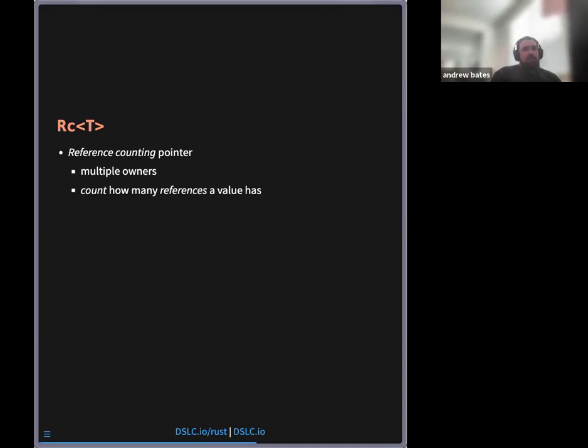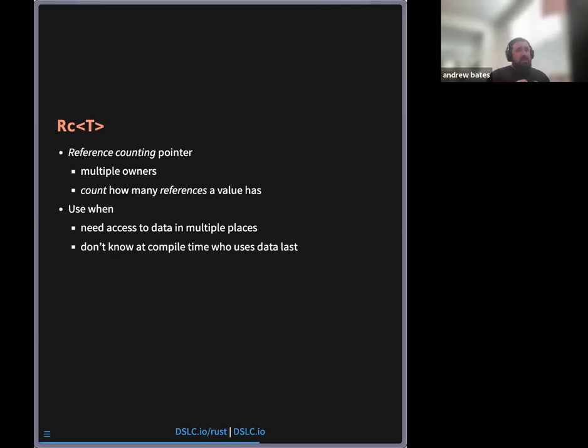It can't clean up the data until the number of references goes down to zero, because that's how it knows nobody's using it anymore and it can go and clean it up. So you could use this if you have some data that you need to access in different parts of your code base,